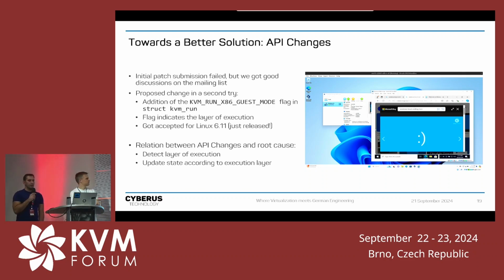So yeah, but what does it help for in our situation? When we know which layer is executed at the moment at a given time, we can detect which state we can write to the KVM run struct to circumvent those issues. And this should work like that the next time. Okay,